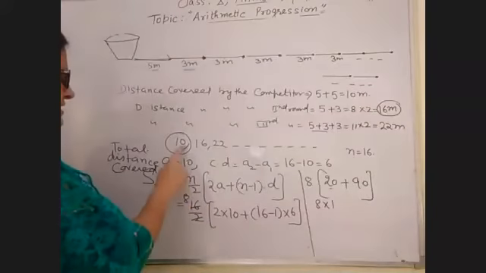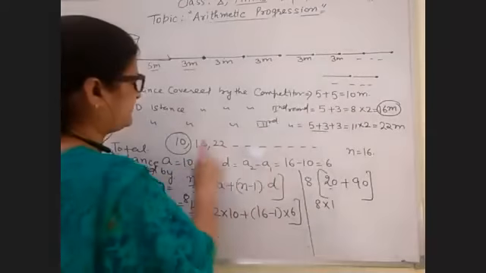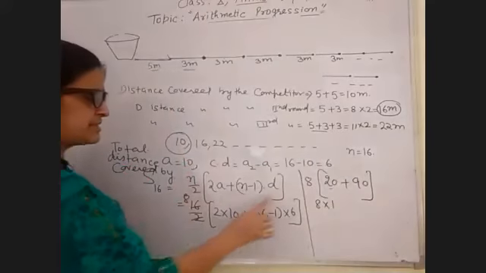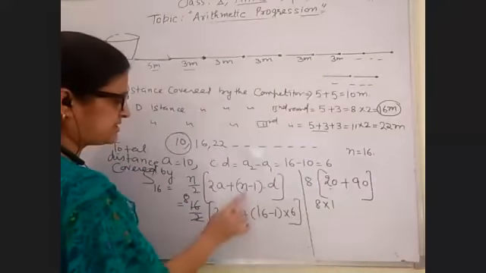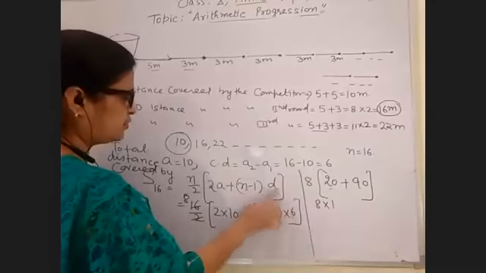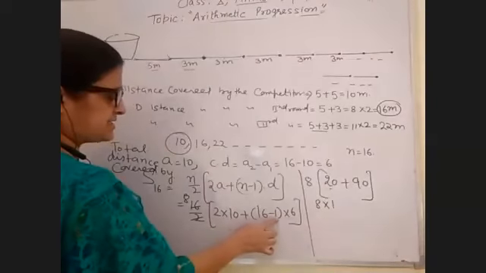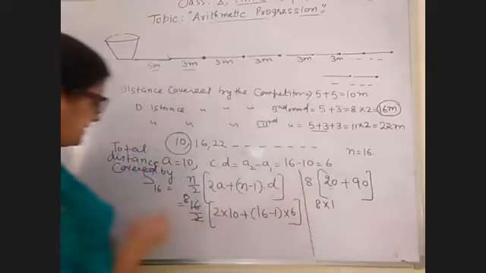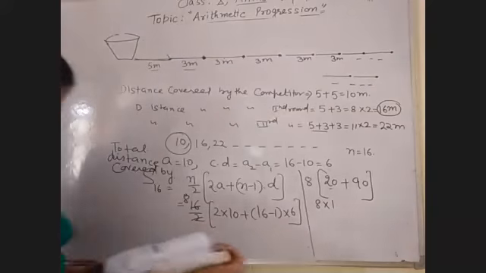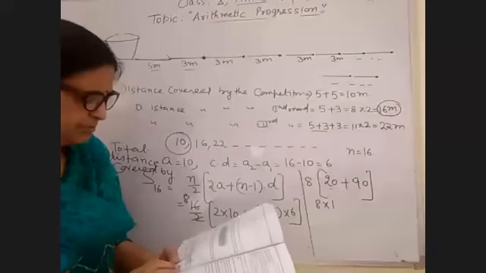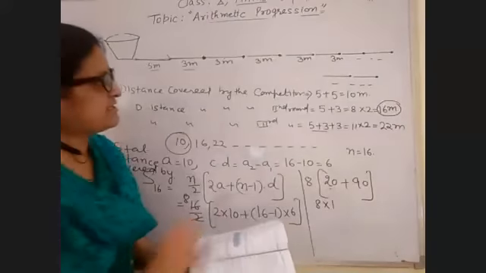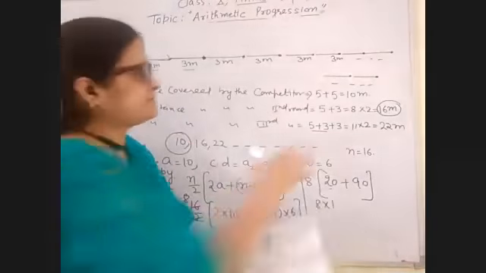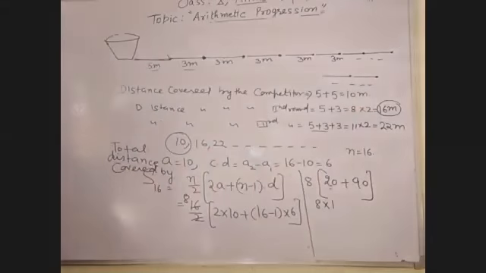First term is 10 and the common difference is 16 minus 10, that is equal to 6, and n by 2 plus यहाँ पर आपका 20 plus 16 minus 1 into common difference is 6 here. 16 में से 1 subtract किया 15 into 6, that is equal to 90. And where I have done the mistake, I will see here first. To pick up the first potato, the distance covered is 10, and to pick up the second potato, the distance covered is 16. So how we will find it?